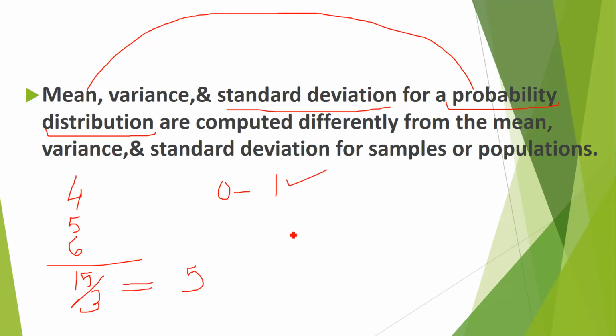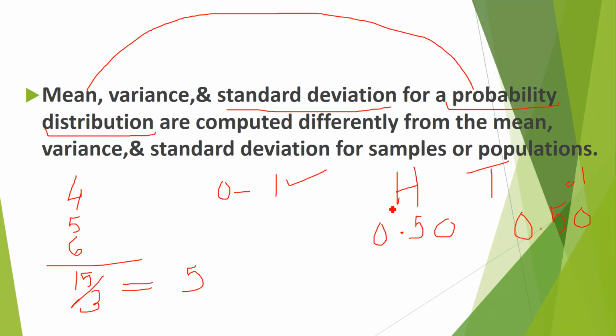Suppose I give you a very simple example. If we flip a coin, there are only two chances. Maybe the head will come or maybe the tail will come. You have only these two choices, right? If I ask you, what is the probability that the head will come? You will say 50%, or in decimal we can write 0.50. What is the probability that the tail will come? You will say 0.50. So when we add 0.50 and 0.50, it is equal to 1.